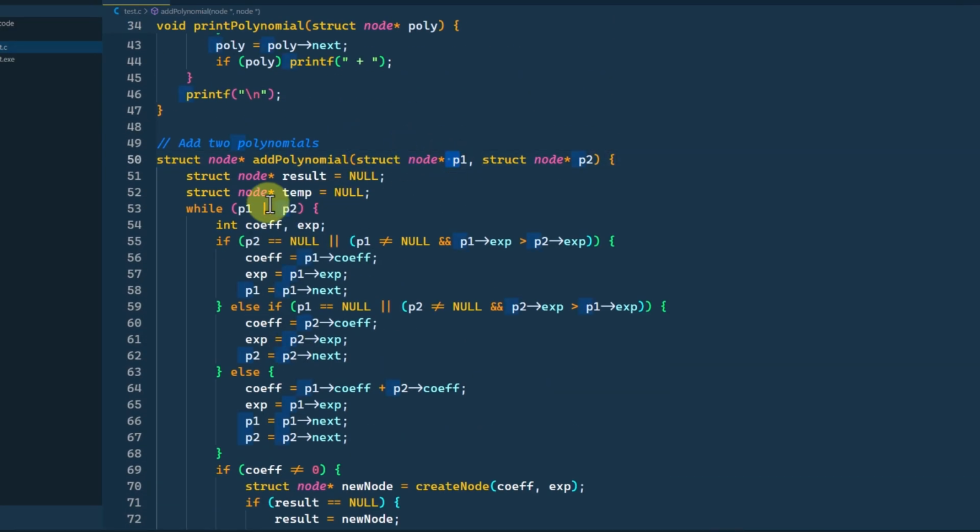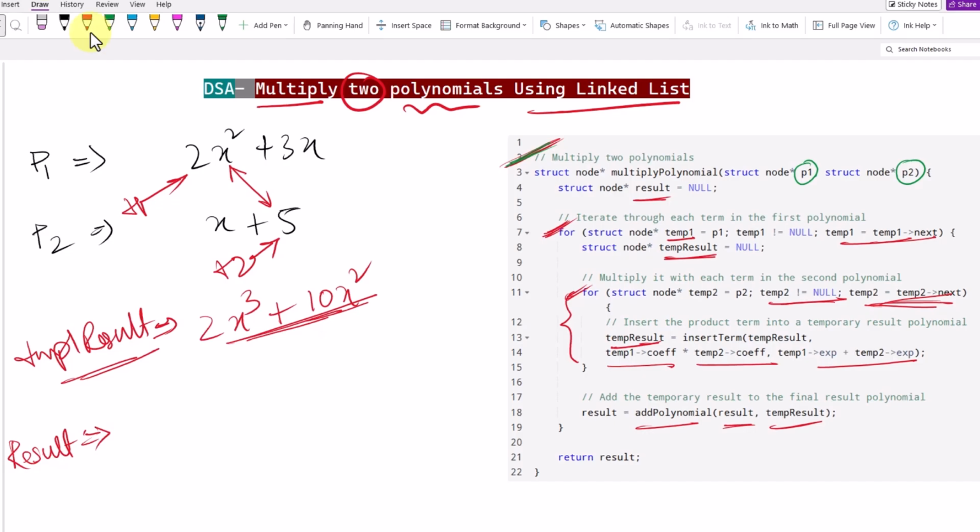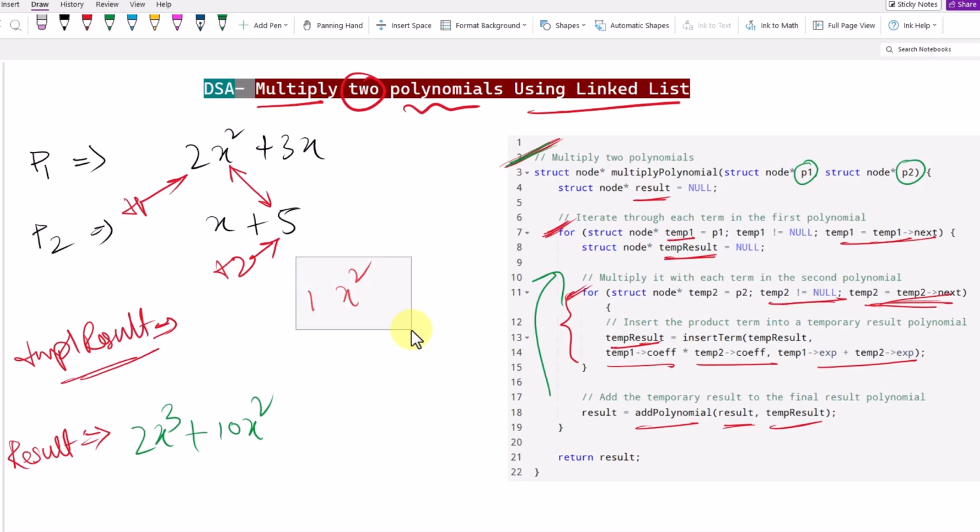So this is how the add polynomial is working. Because here the result initially was empty, the whole thing will be added to the result. That means the 2x cubed plus 10x square will be added to this result. And then in the next iteration we're going to reassign null to the temp result. That means this will be null, so it will be emptied,